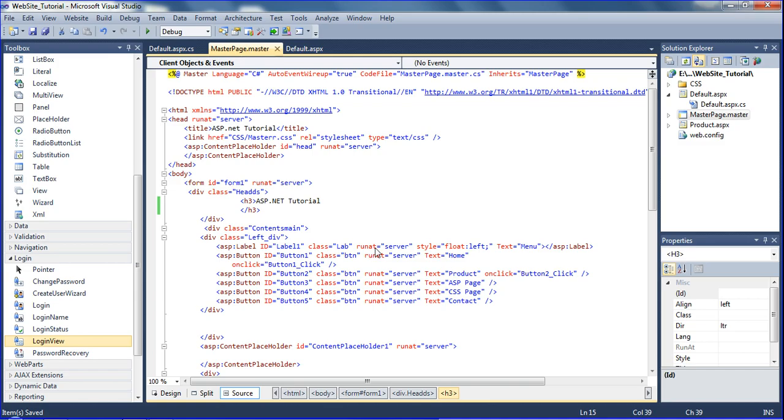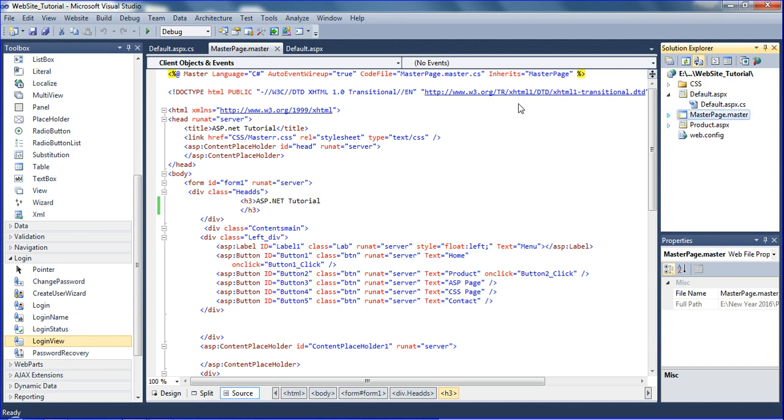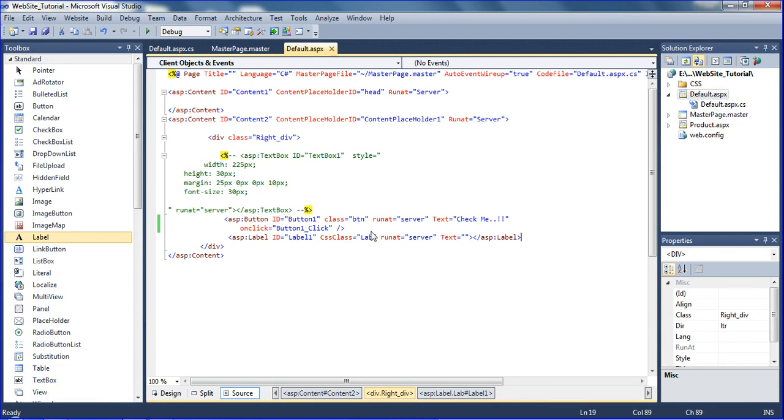First I am going here. This is my ASP.NET sample project, the website tutorial. Now I have these two pages. I need one text box, so I have already declared a text box. I just added it and will close it.